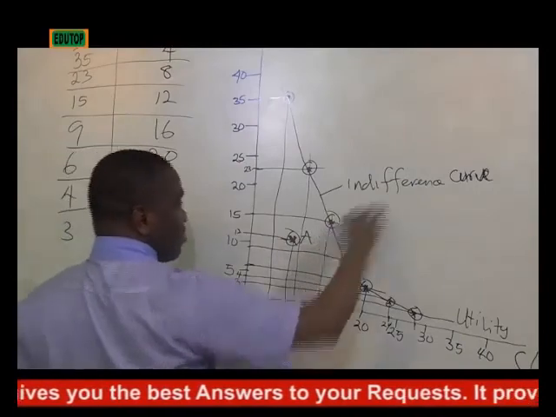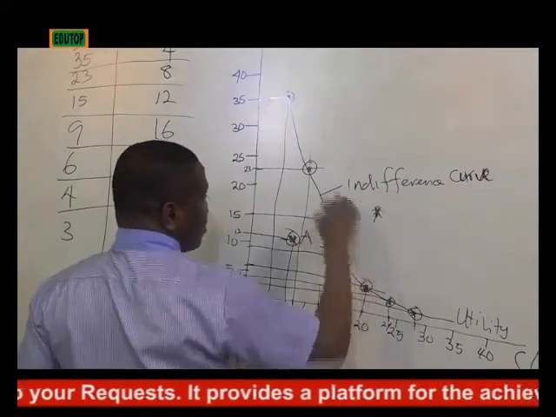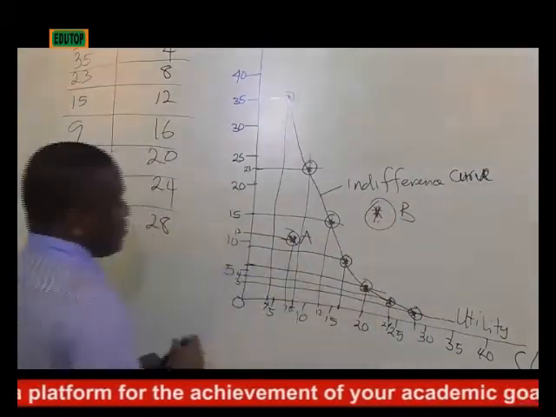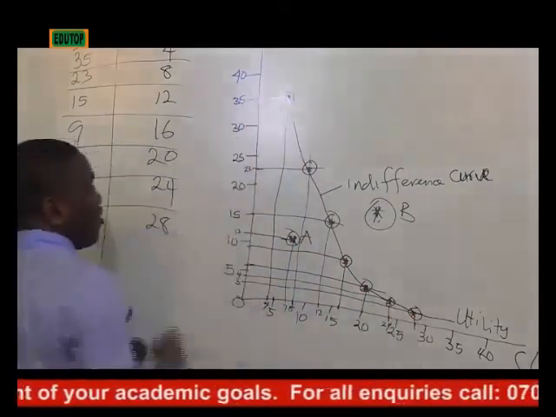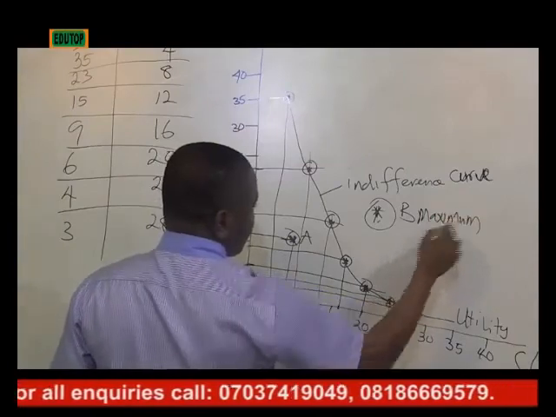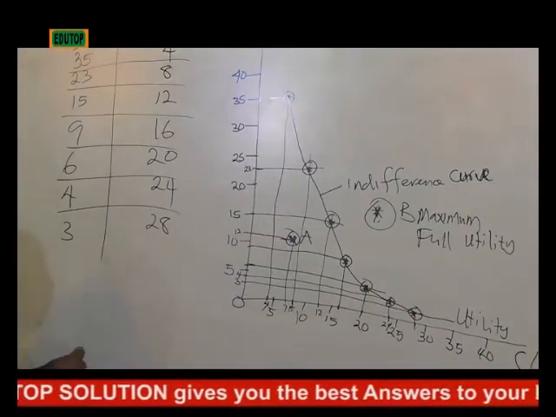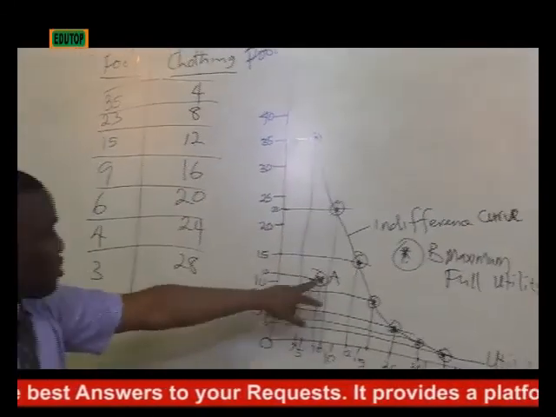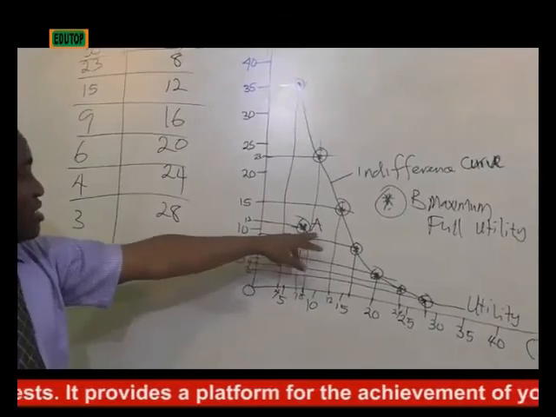But any point above this curve to the right hand will give the consumer more satisfaction than any of these curves. For example, if you have any point here like point B, then this point B will give the consumer more satisfaction than any point along this curve, and this will be a full or maximum satisfaction, or full utility. And that is to know whether the consumer, if you have any point in this table that gives us something different from this graph or that is below this graph, then at that point the consumer will be